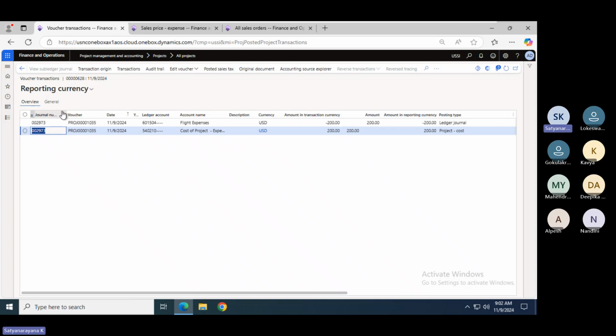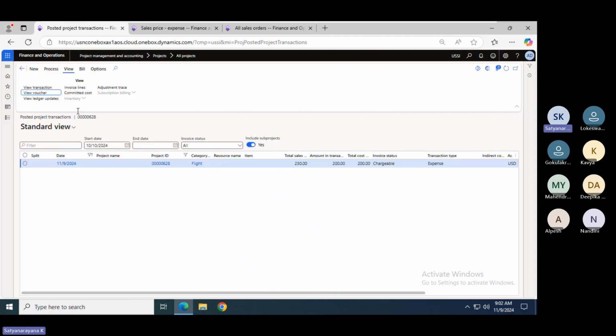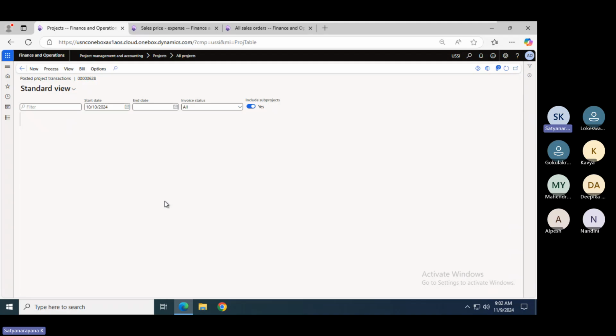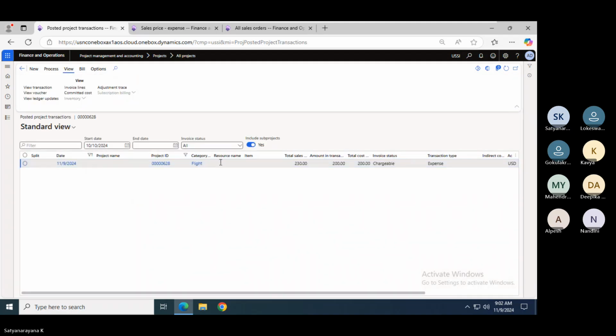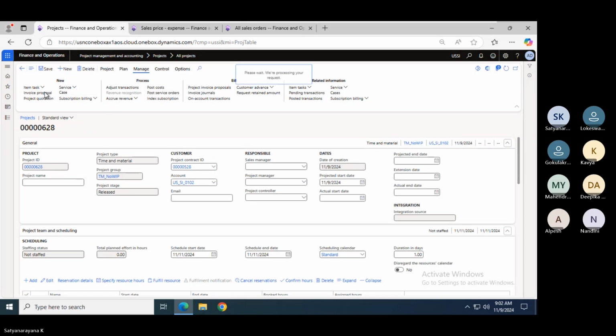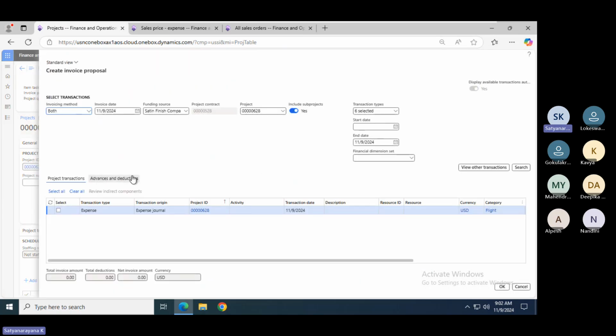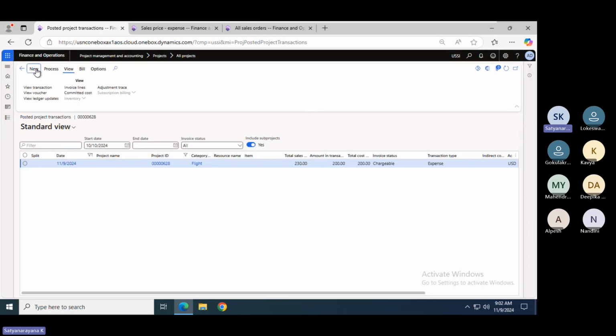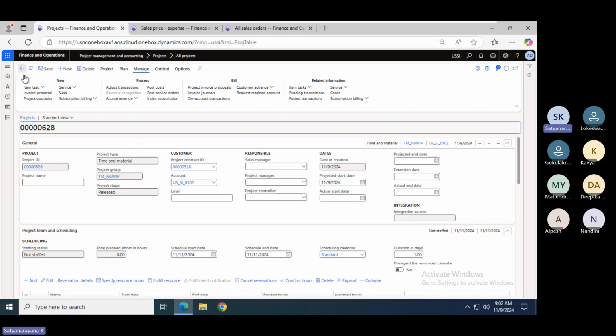Whatever it is, from here you are able to see the cost in the transaction. If you want to generate an invoice, we need to go to invoice proposal. You can click on new invoice proposal from here, or you can open it from the other place.